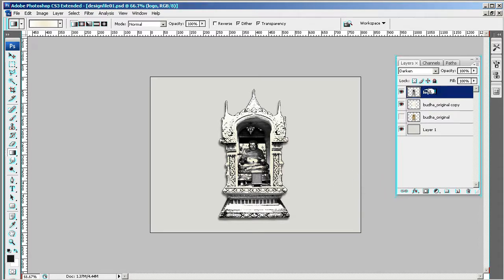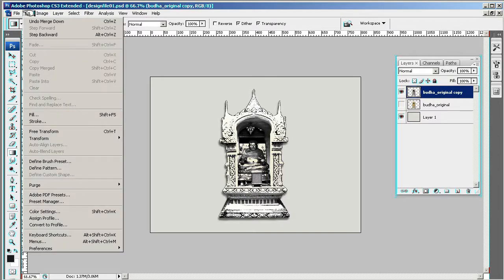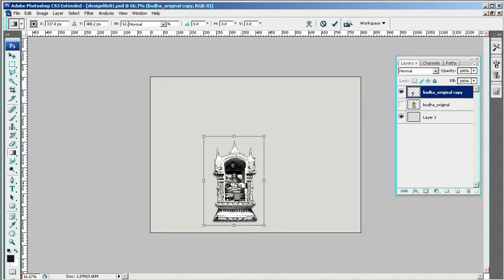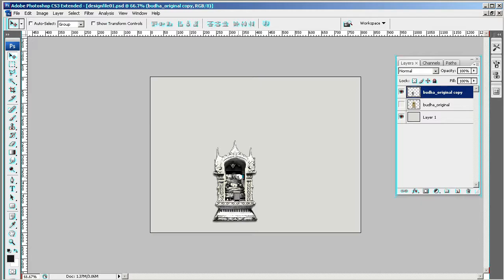Now finally I get this layer and I slide it onto that. I go to edit, free transform, move it down to the size I'm actually going to want it. And the reason I didn't do it as size